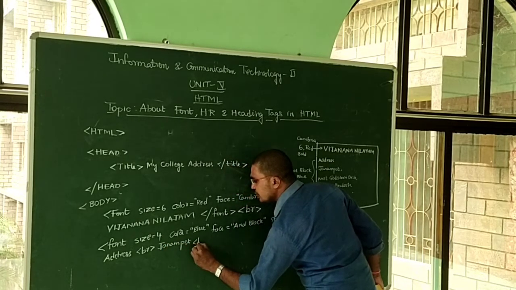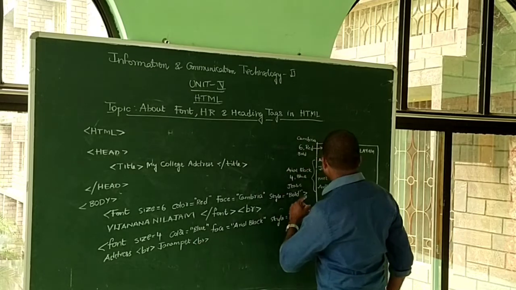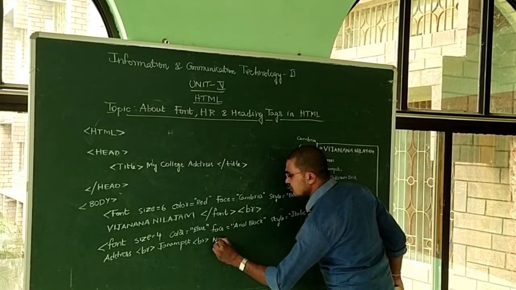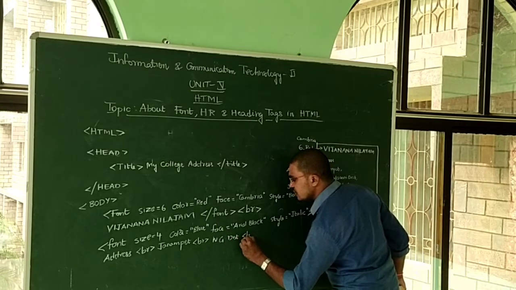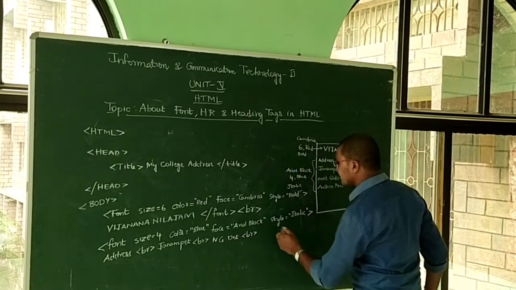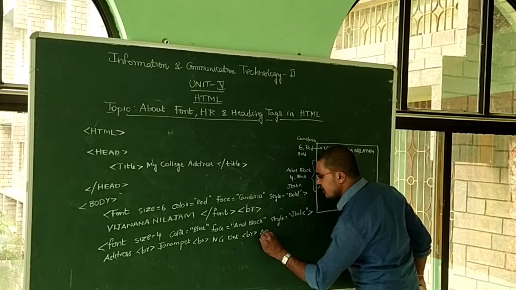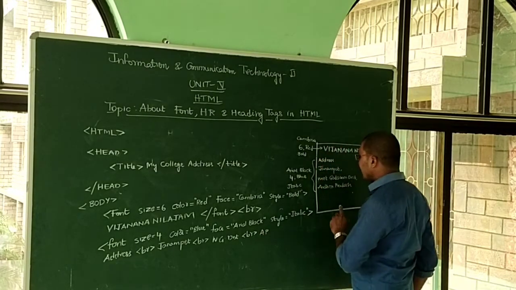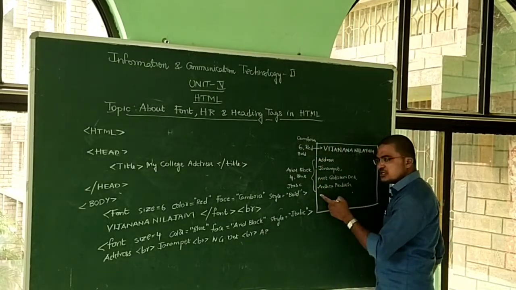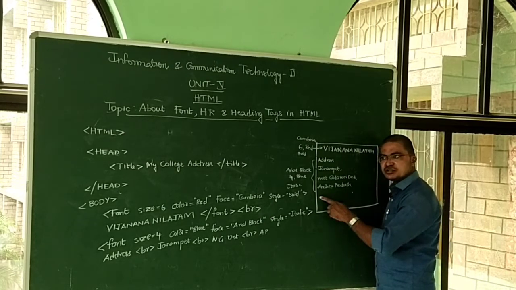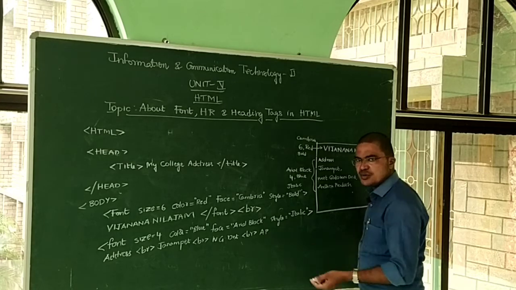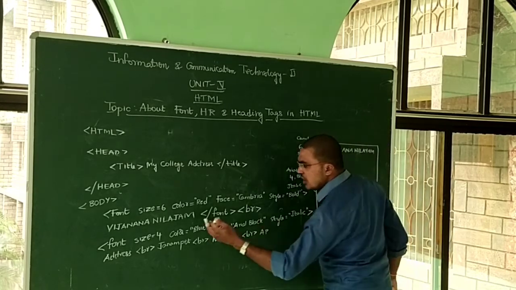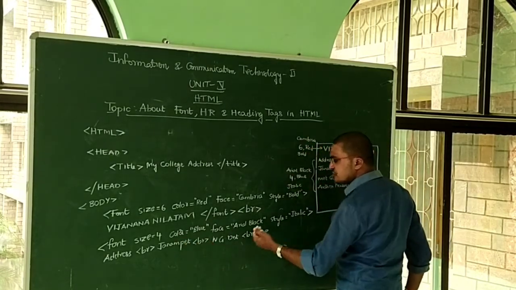And come to a new line, use the BR tag. And West Godavari district, okay, and to complete the line, use the BR tag. And Andhra Pradesh, simply write AP, and don't use the BR tag, because after Andhra Pradesh no more text is present, right? That's why the BR tag is not mandatory this time, it is not compulsory. So: Address, Janampet, West Godavari district, Andhra Pradesh.